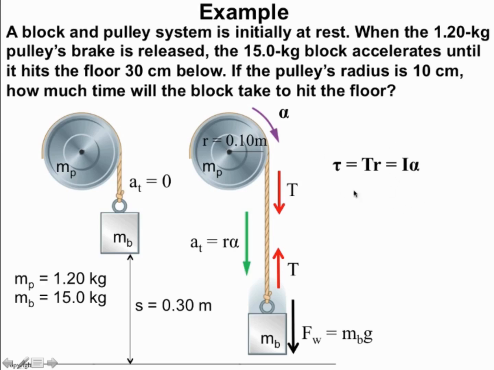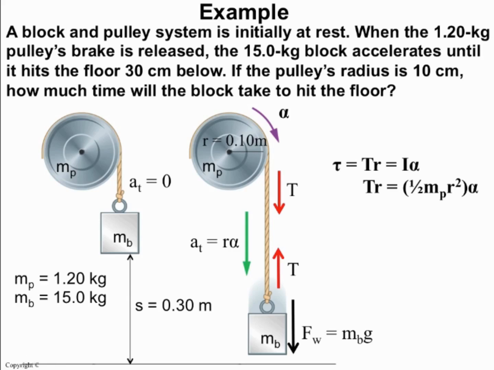Remember that that's the rotational equivalent of F equals ma, Newton's second law. All right, so we have torque equals TR equals I alpha. Now we're going to fill things in. TR equals 1/2 MP R squared alpha. Don't freak out, because the 1/2 MP R squared is simply the moment of inertia for a